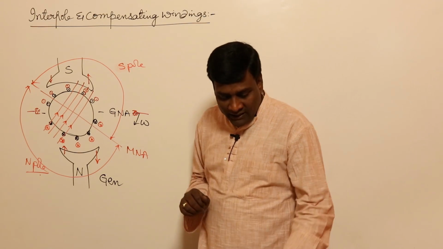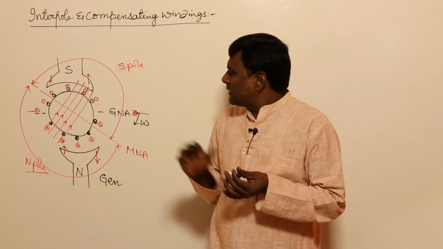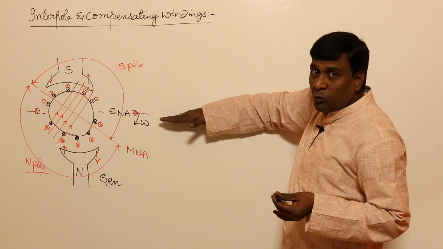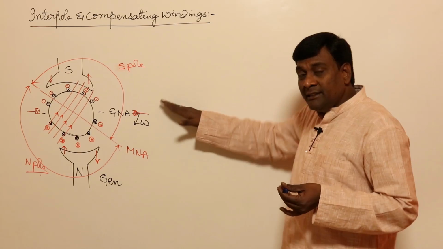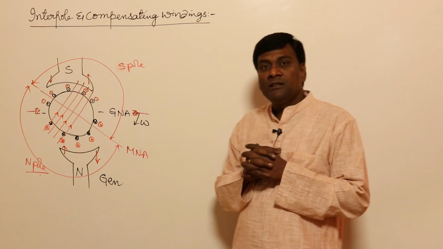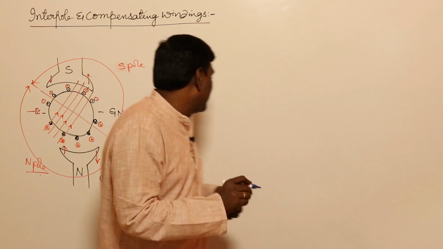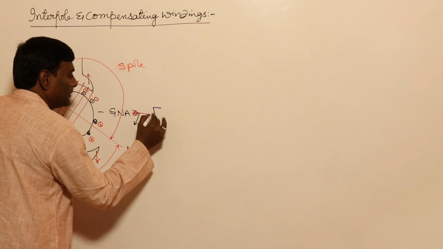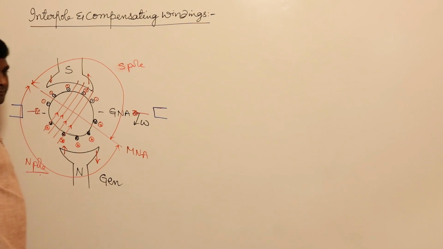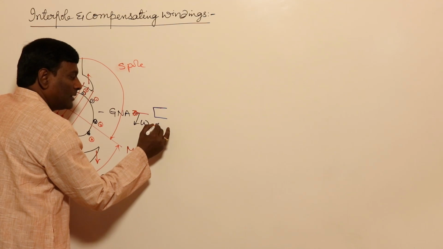So ultimately, what I am about to do is this. At no load conditions, MNA and GNA will be aligned. At loaded conditions, MNA gets shifted. This particular angle of MNA shift will be decided by armature currents. Now, for example, if I can keep a small pole here, an interpole, and for this I am going to have currents in conductors,